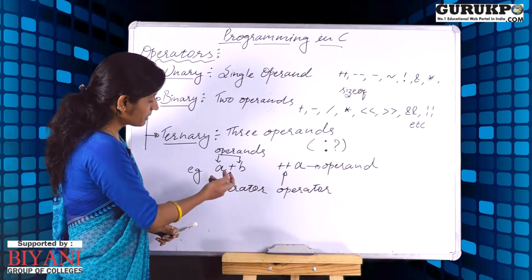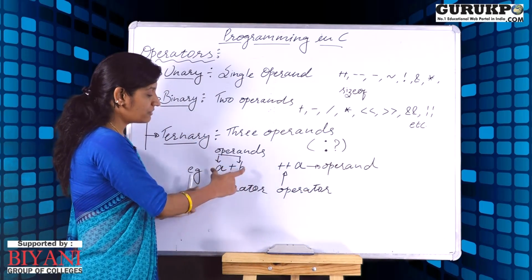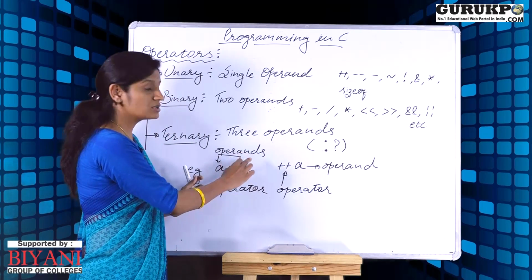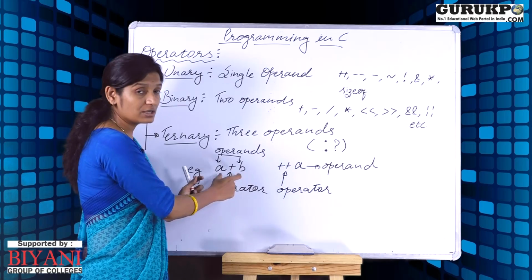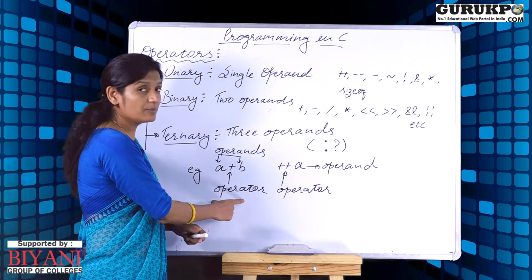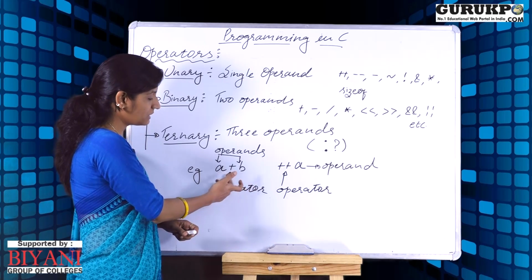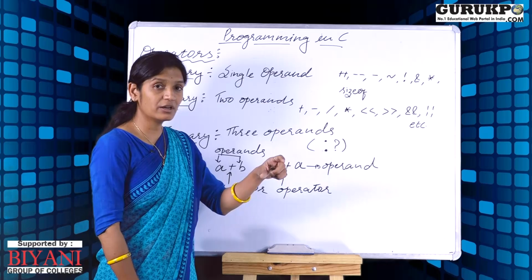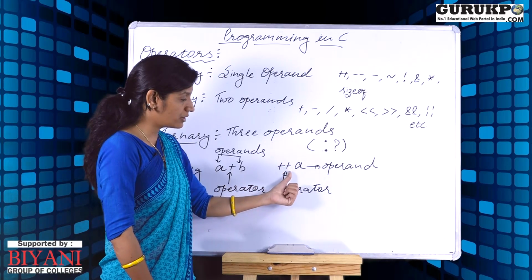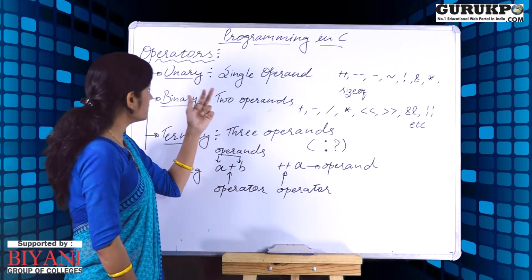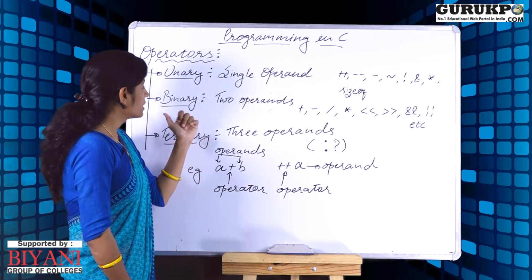For example, if I am writing A plus B, then the values on which I want to perform the operation are known as operands, and the symbol that is representing the operation is known as the operator, as can be seen in this example. In this as well, if I am performing any increment operation, then this operator will be used and the operand will be the value. So basically we have three types of operators: unary,